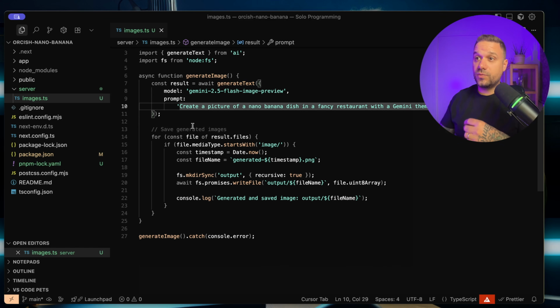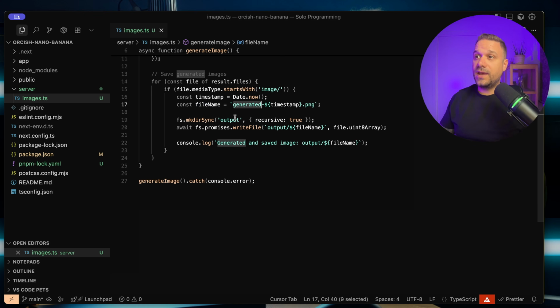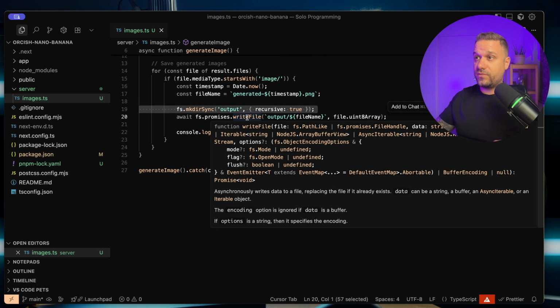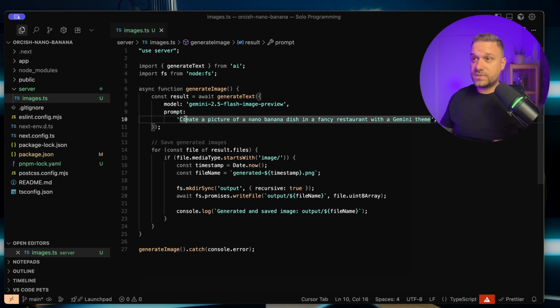And after that, we are saving our generated images. So here we are just creating a file name with the timestamp and this generated prefix .png, and we are saving it inside of the output directory. So here we are creating the output directory if it doesn't exist, and then we are just writing our file inside of that directory. Now we need to change all of this because here, first thing that we need to